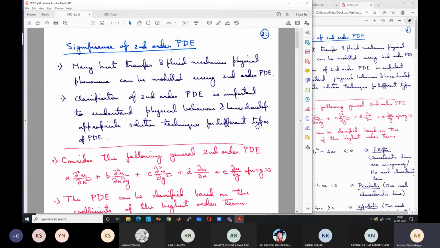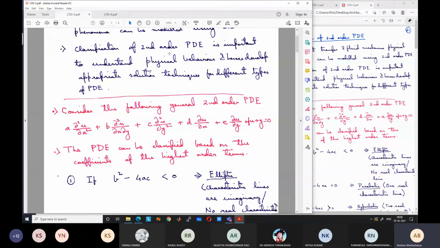For this course, I am not going to derive the classification, how it has been derived. We'll just state the classification and then try to understand through a few cases the importance of this classification, what the physical behavior is for different cases. Derivation is also possible, but it is beyond the scope of this course. It will take too much time. So I will just mention the physical significance of these different types of classification.